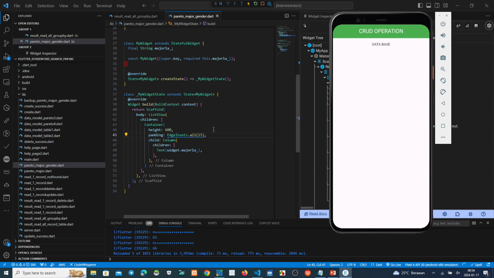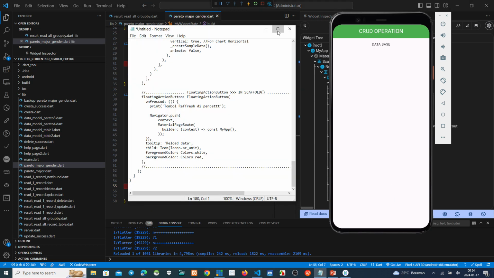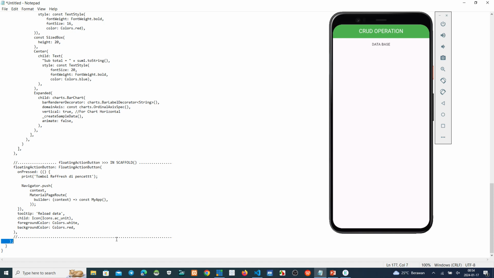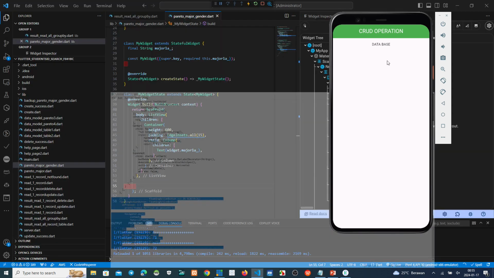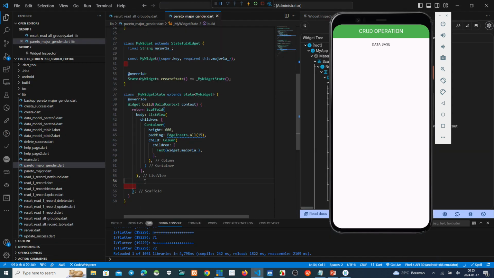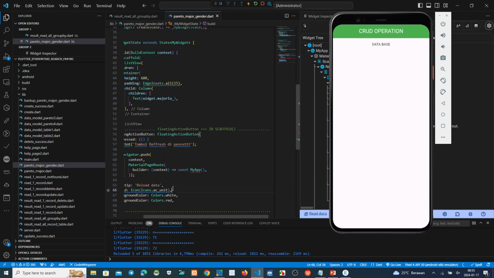Okay, to go to the main menu here, if we click this one, we make the script to go back to main menu. This one, yes, floating action button. This one, we make this. Okay. My app, this is the main menu.